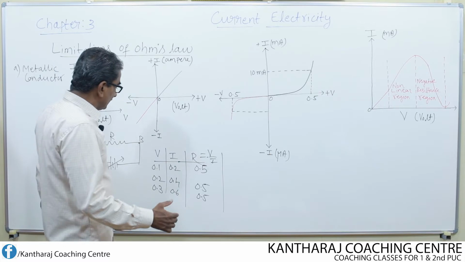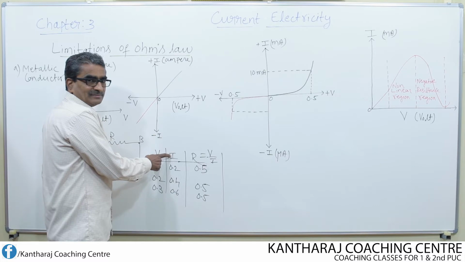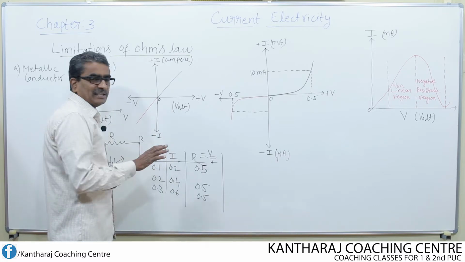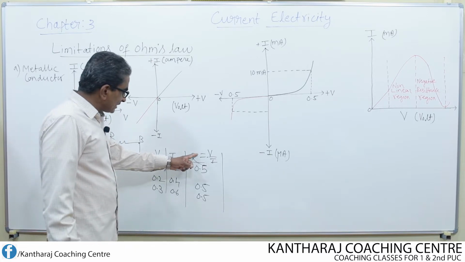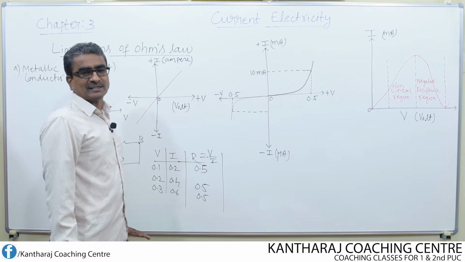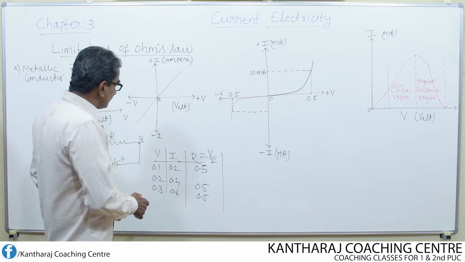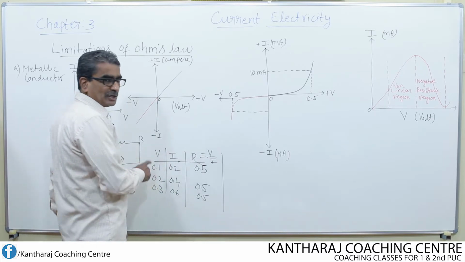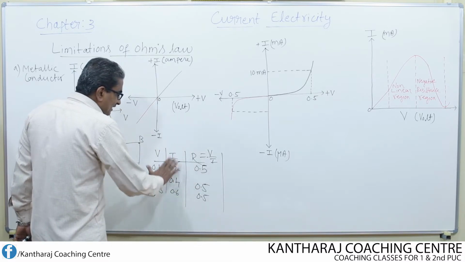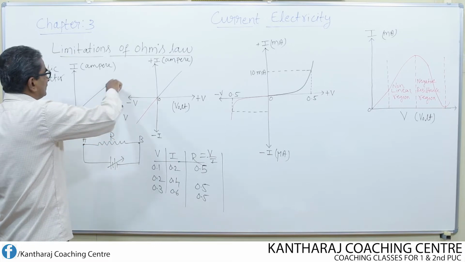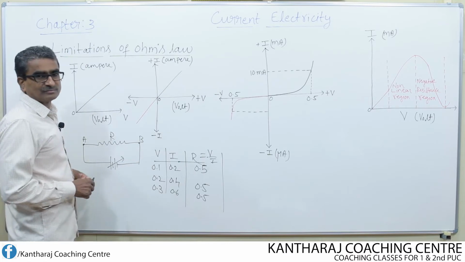This clearly shows that the variation of current with voltage is found to be linear. How can we say that it is linear? Because resistance is remaining the same in all the trials, first trial, second trial, third trial. So resistance remains constant. That means the voltage is directly proportional to the current. That means Ohm's law is applicable. Then for this type of variation, we come across a graph like this, which is a straight line. Straight line means it is a linear variation. So Ohm's law holds good.